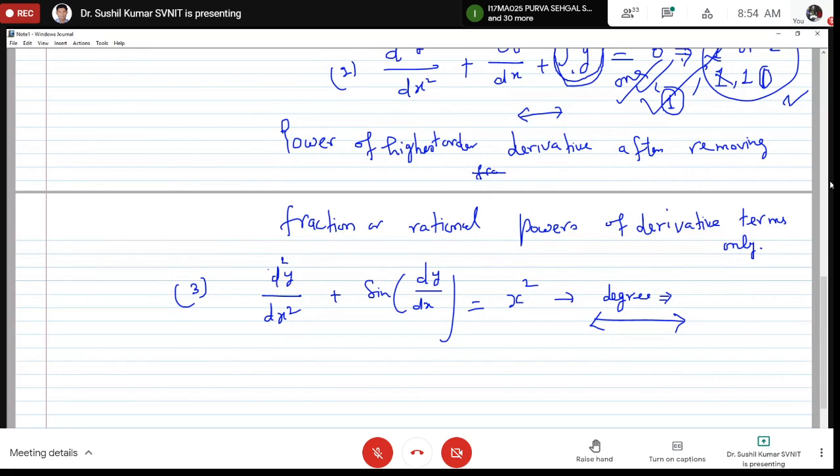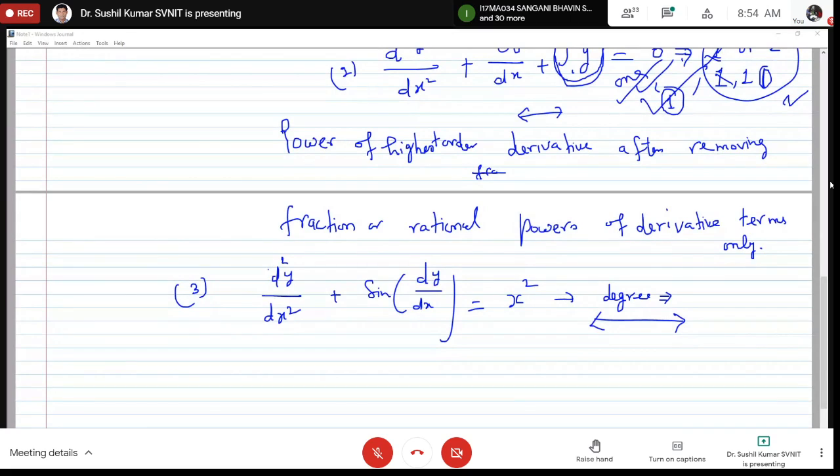Yes, it is a correct answer. Both are correct answers, you can say. But the second one, Priyanka. Yes. See, because if you have any function, you cannot define its degree. Degree is defined only for polynomials. You can say polynomial of degree 1, degree 2, degree 3, and so on. You cannot say x equal to sin x or x minus cos x equal to cos x. Okay, degree is defined only for polynomials.